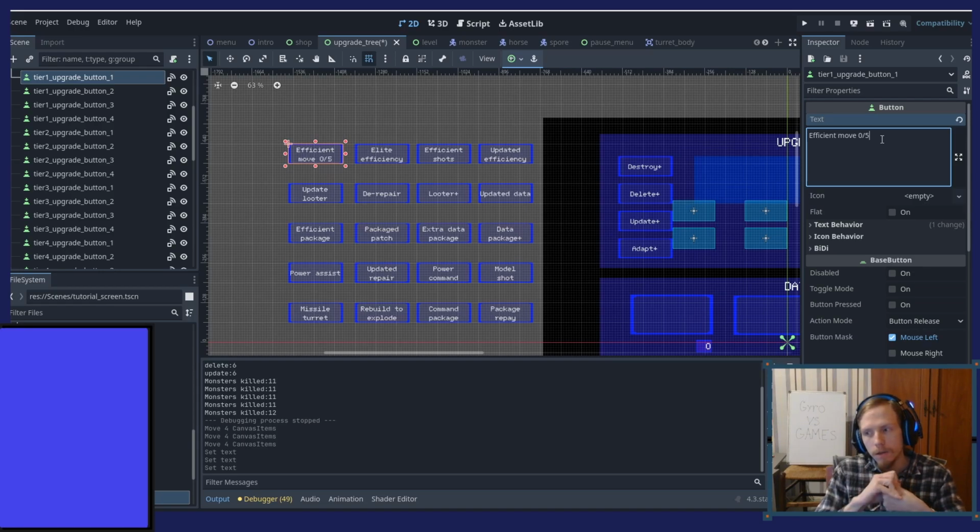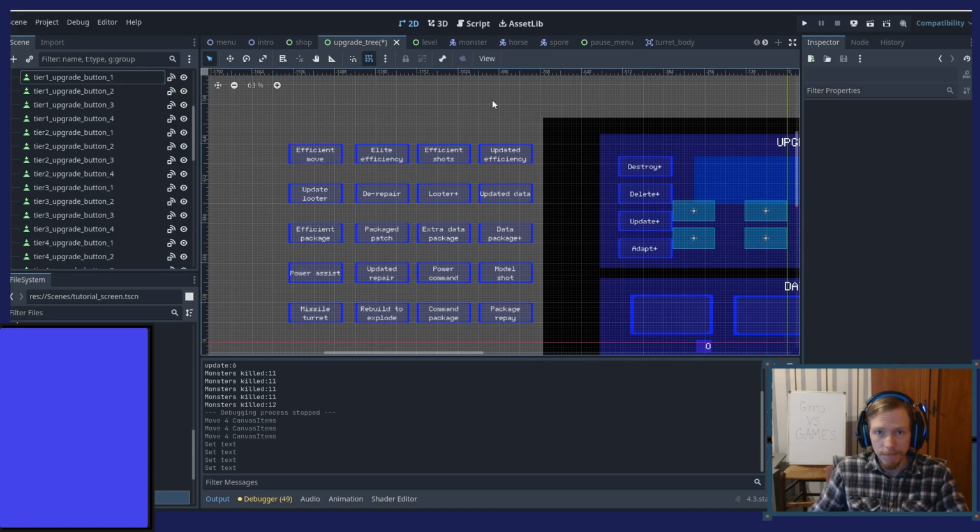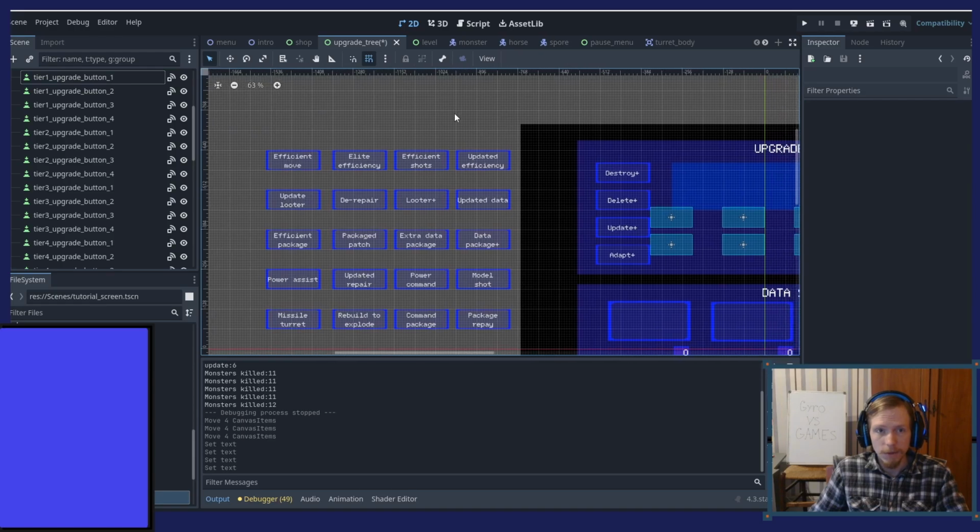Okay, let me think for a sec. So currently the problem is that this isn't, it's part of the button. If I want to update text, that would be a bit easier, but for that I'm gonna have to make text move with the same mechanic, all of this kind of bullshit.